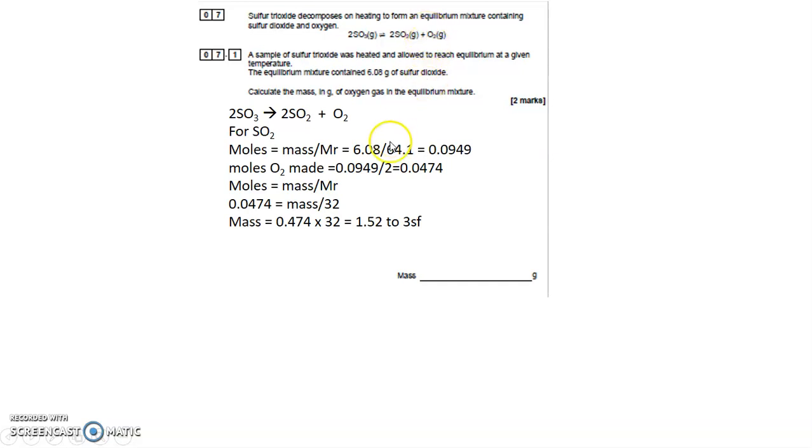the amount of oxygen is made. So the number of moles of oxygen made is half of that, 0.949 divided by 2, 0.0474 moles of oxygen. It's asking me to calculate mass. Well, I know the MR of oxygen, 2 times 16 is 32, so 0.0474 moles of oxygen equals the mass divided by the MR, 32. Multiply the two numbers together, 1.52 to 3 significant figures. I chose 3 significant figures